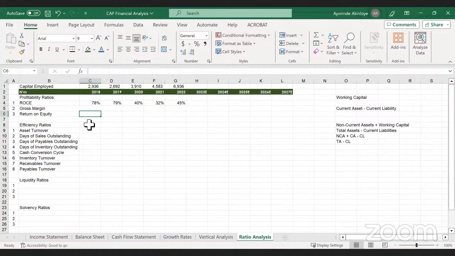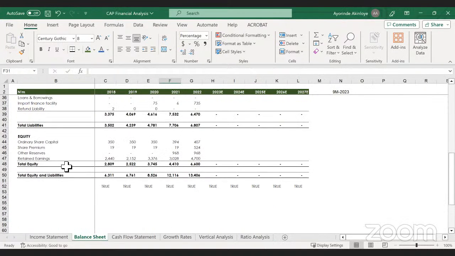Another evidence you can use to corroborate is return on equity. Return on equity this time is different from return on capital employed. Remember, with equity we are talking about returns to shareholders. Like I mentioned, there's a difference between when a company has minority interests and when it doesn't. CAP does not have minority interest, correct? But for some companies that have minority interest, after summing all these items together, you have total equity and minority interest. If you want to calculate the return on equity for such a company and focus on just equity holders, you do